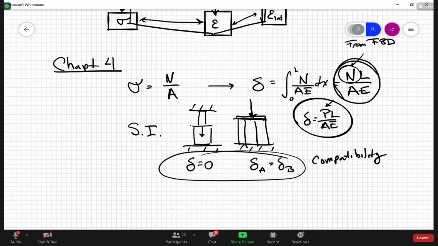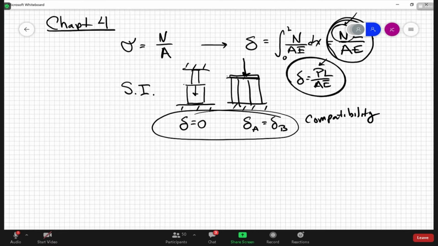We also talked about thermal stresses. These were relatively straightforward, right? Where you would figure out, right, that you had some expansion. So you had a thermal stress that was equal to the thermal expansion coefficient alpha times some change in temperature. Now,